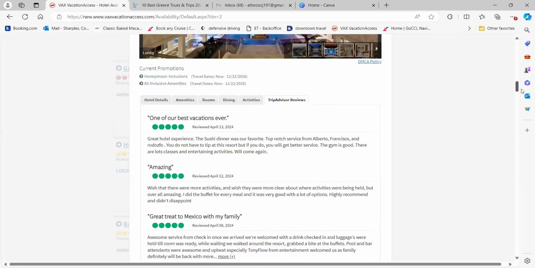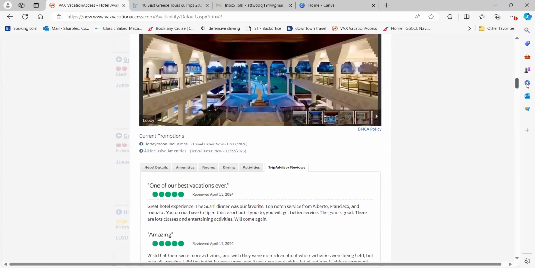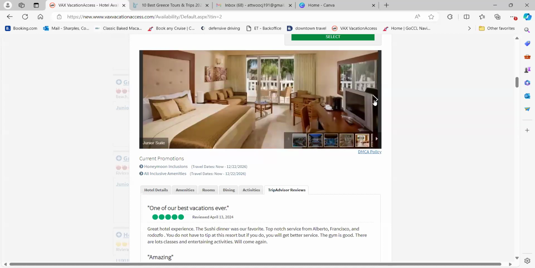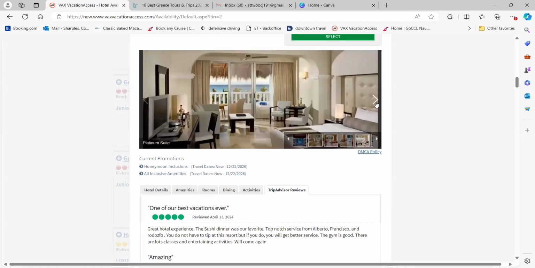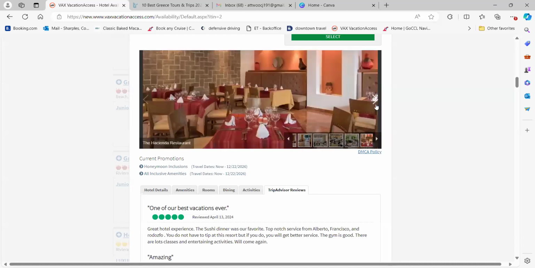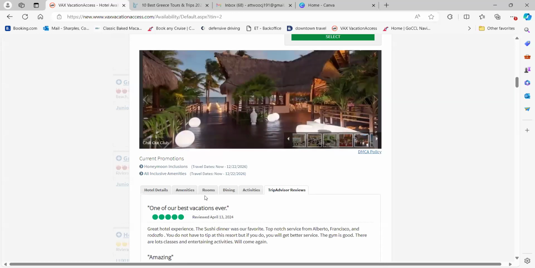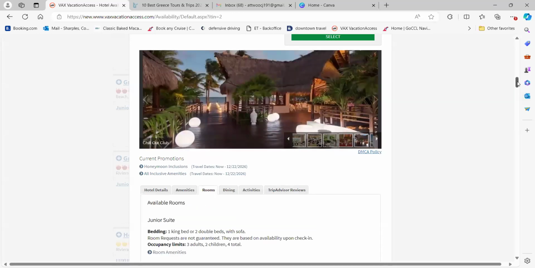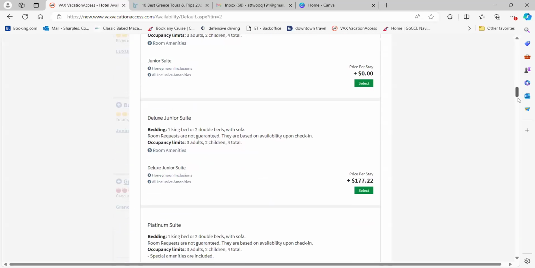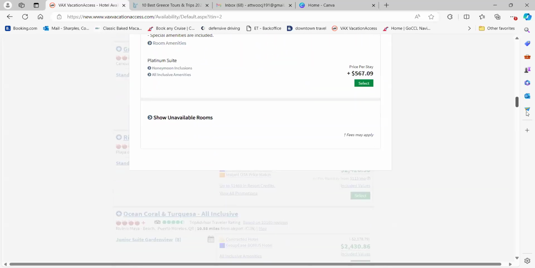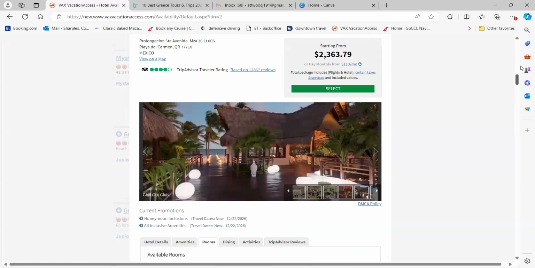So this one here looks pretty good. All positive reviews. That's when you would also go through some of the photos and see what the rooms look like, depending on what the clients are looking for or what group you're trying to target, and see what rooms they have available, especially with this being last minute. So it's a good one, but no ocean view.